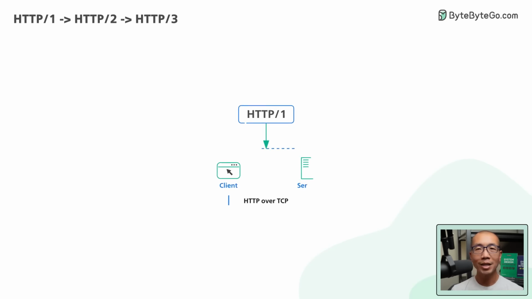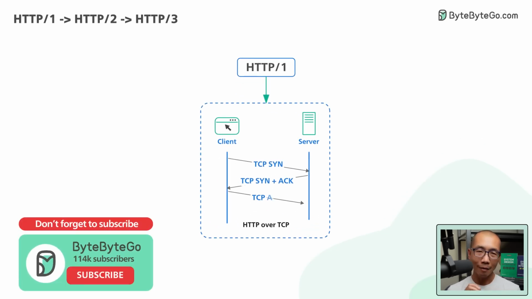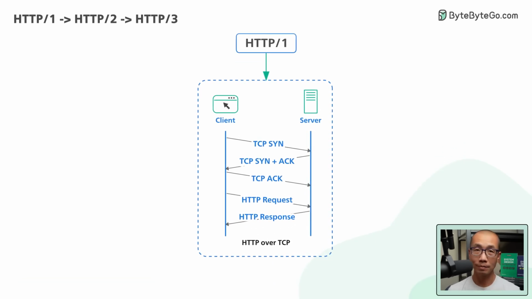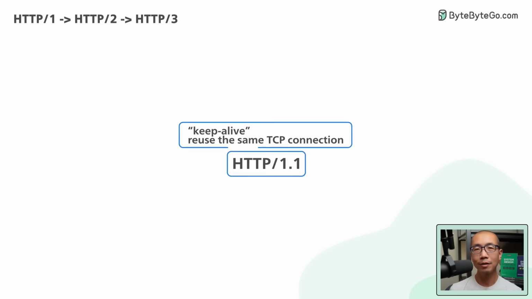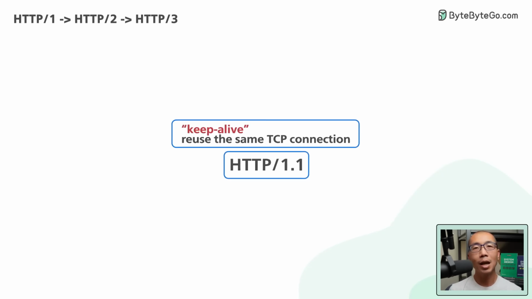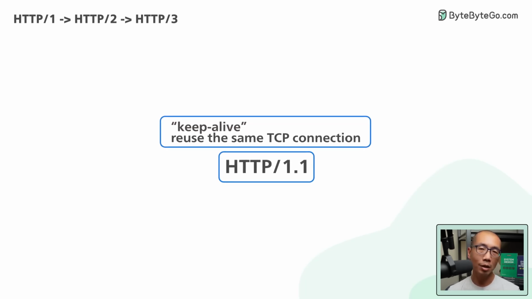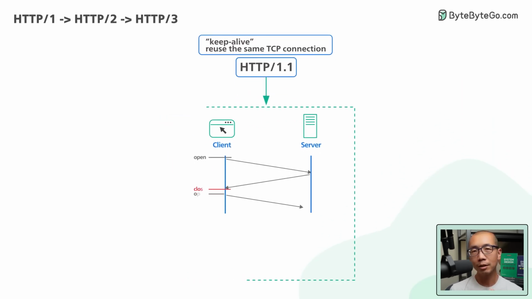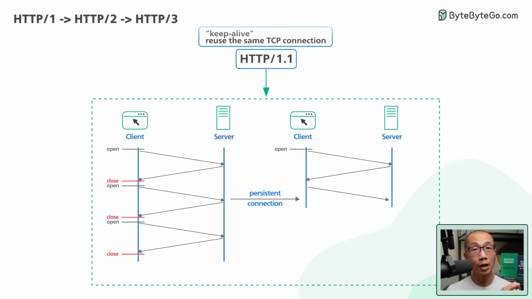HTTP 1 came out in 1996. It is built on top of TCP. Every request to the same server requires a separate TCP connection. HTTP 1.1 soon followed in 1997. It introduced a keep-alive mechanism so a connection could be reused for more than a single request. The persistent connections reduce request latency because the client does not need to initiate an expensive TCP three-way handshake for every